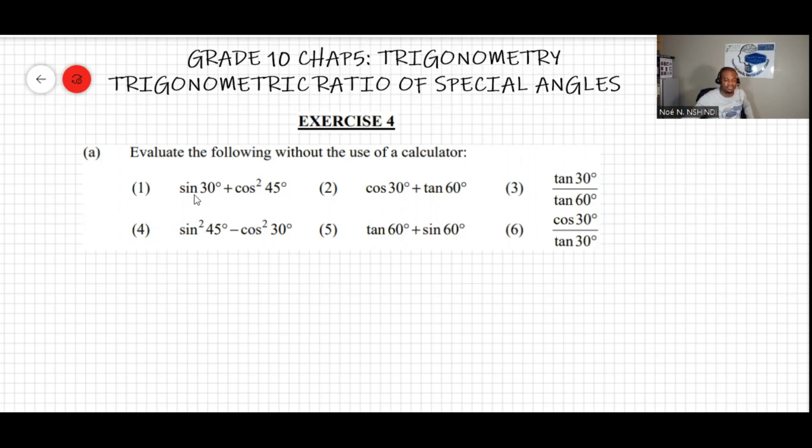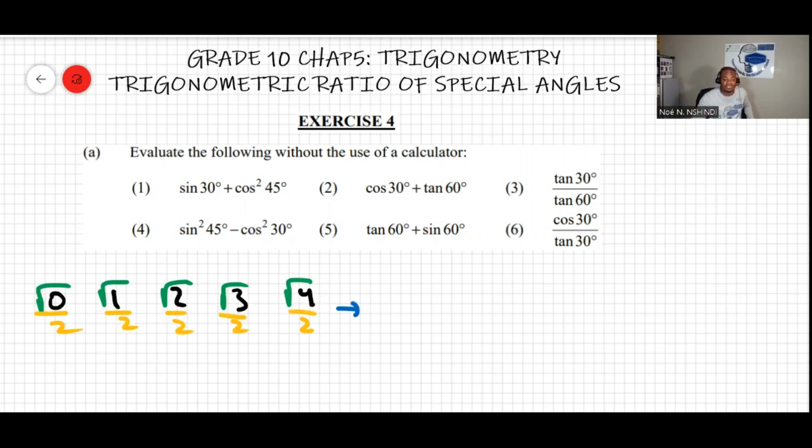I can see here like sin and cos. I prefer to write my numbers here. Let me recap. If I have numbers like 0, 1, 2, 3, and then 4. Now, first thing I will do is to square root each of these numbers. I square root here, there, there, there, and there. And then I will divide each of these by 2. I know this will give me the special ratio